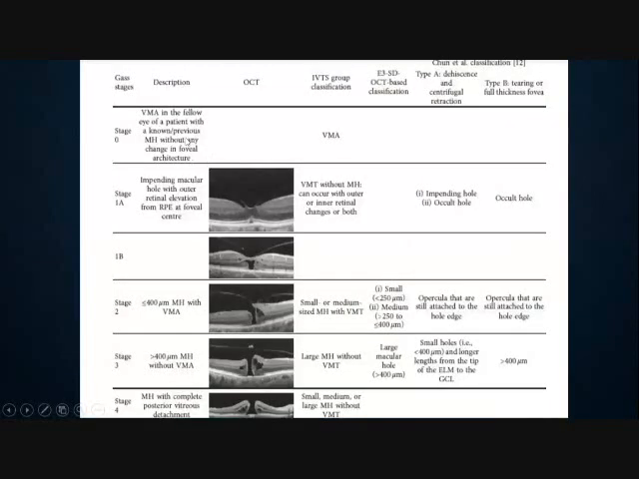The previous classification was gas stages, stages 0, 1A, 1B, 2, 3, 4, while now the IVTS classification is limited to VMA, vitreomacular adhesions, VMT without macular hole, small or medium sized, large macular hole, and macular hole without VMT. So you should remember both the